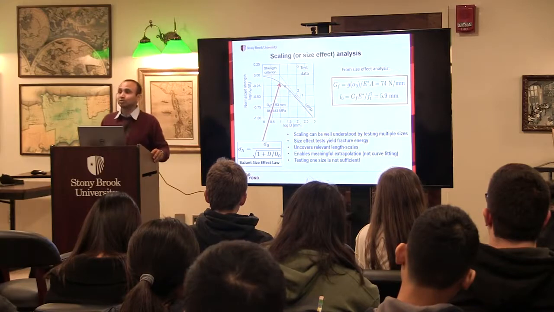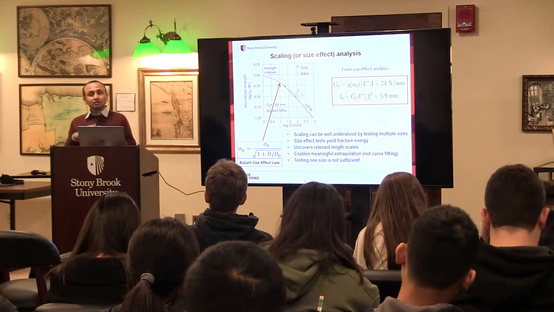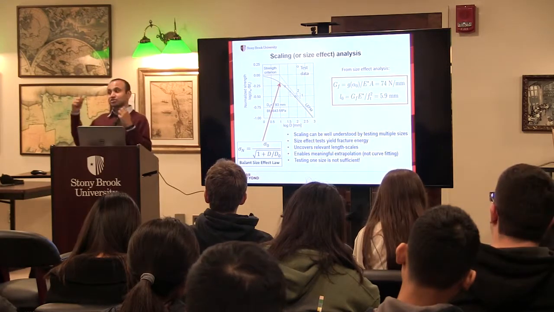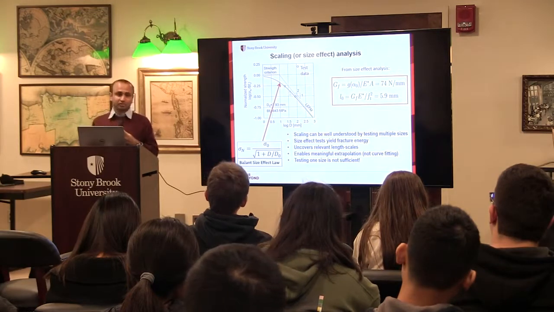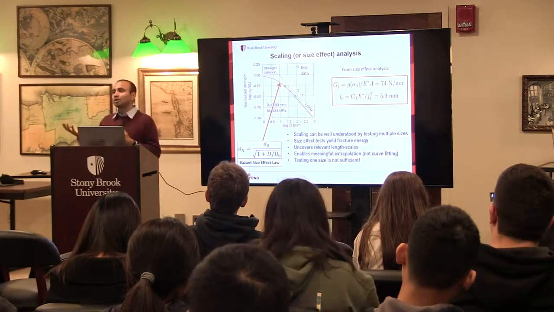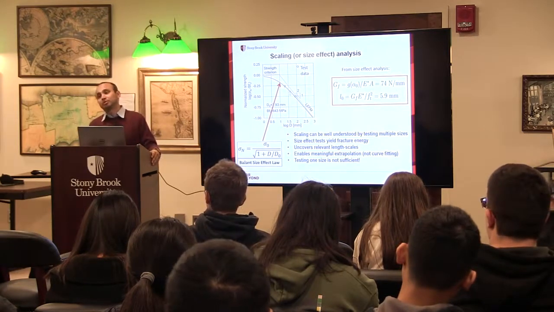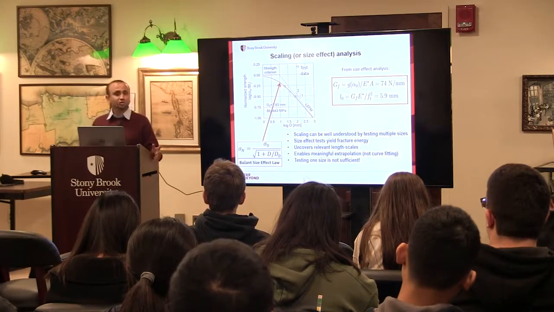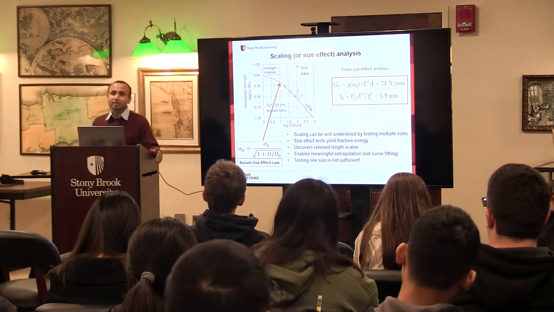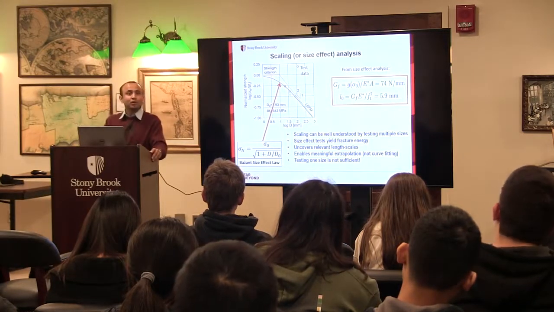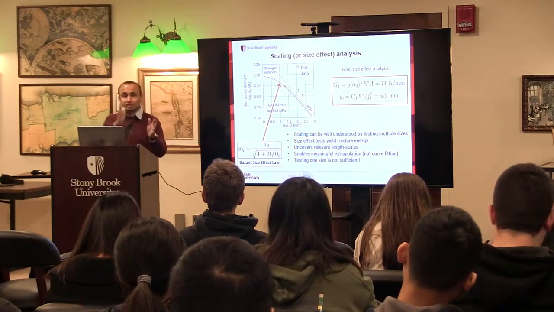This is very intuitive relative to something that you may have heard: strength is a material property. That is correct. But the strength of a structure which already has a crack is not a material property. That depends on its size. That dictates how brittle or how ductile that structure is. So therefore the size effect analysis is very, very important for composites. And it is actually true for many other materials also. Okay. So this is the approach that we recommend to overcome these two challenges: solve the stability issue of the test, and also understand the scale.